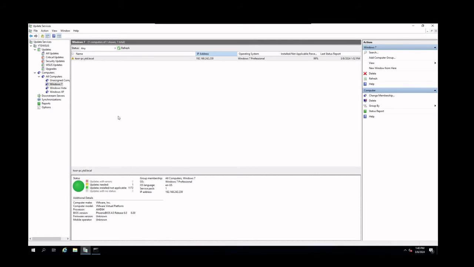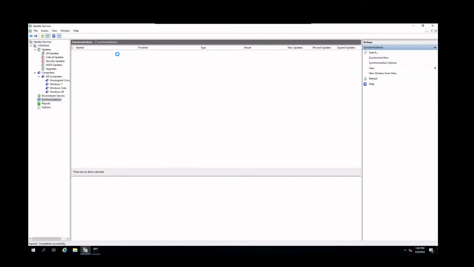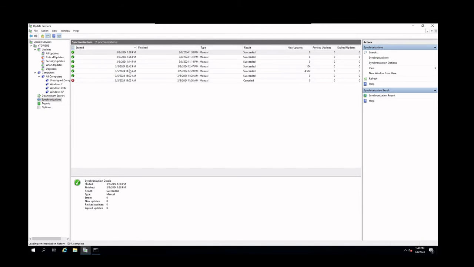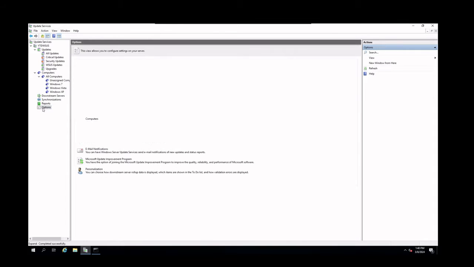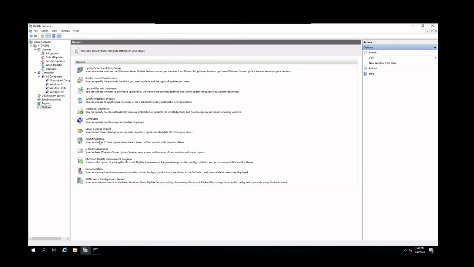What I did is just download and run the synchronization to synchronize the system with the available downloads. I also went into my system options, so we can see the synchronizations here that have taken place. We can go into the options here, and if we go into the options, we could go into products and